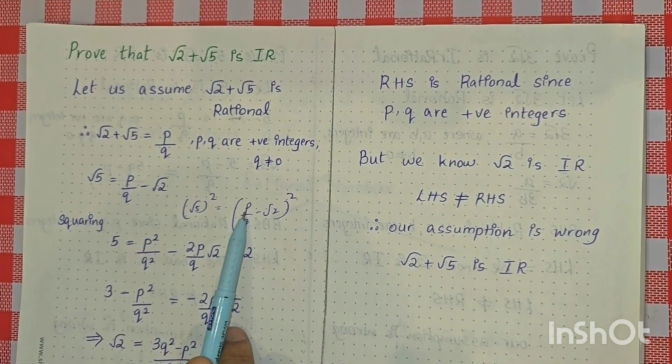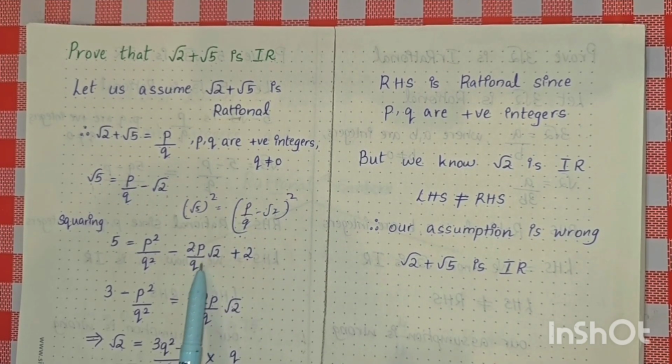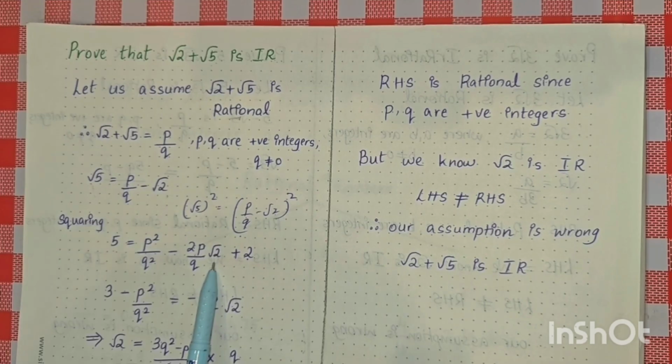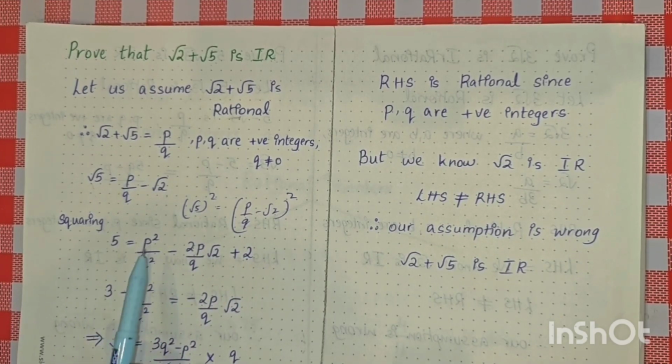So you will get p squared by q squared plus 2 minus 2p by q root 2. (a minus b) the whole squared is a squared plus b squared minus 2ab. Bring this to this side. So 5 minus 2 is 3. This also to this side. So p squared by q squared is equal to this term, and then